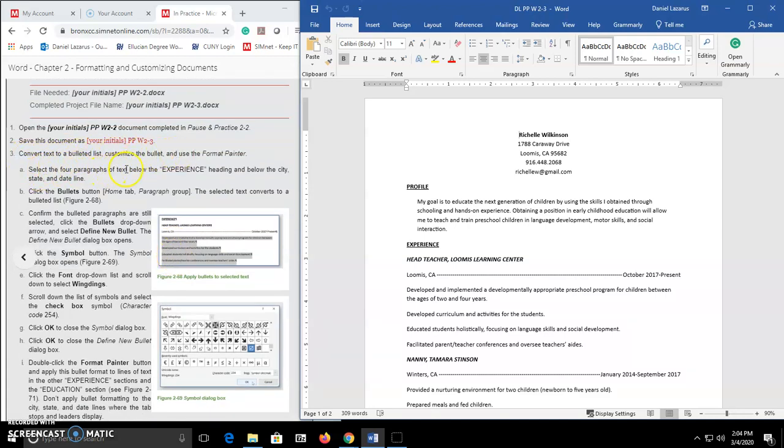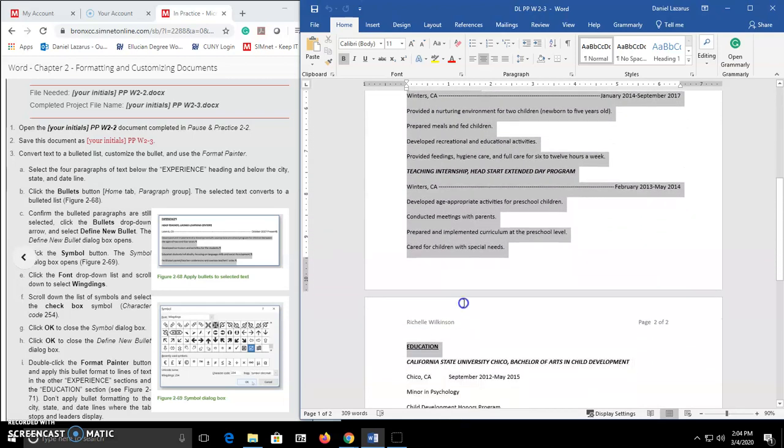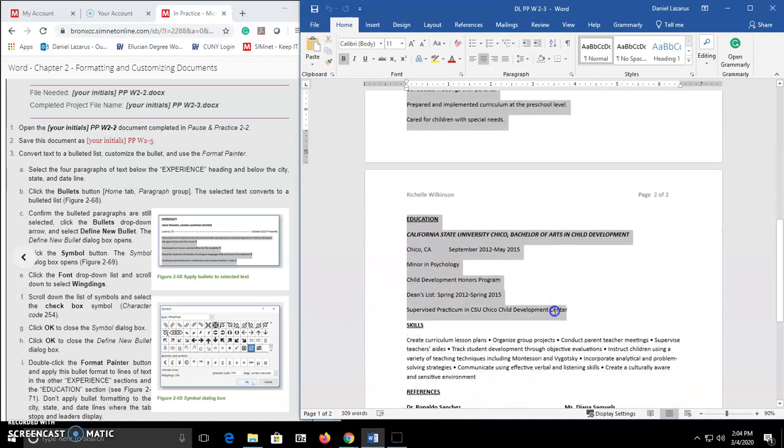Select the 4 paragraphs below the Experience heading, below the city, state line. So I'm going to select the 4 paragraphs, 1, 2, 3, 4. All the 4 paragraphs after this, okay? And then I'm going to click on the Bullets button, which is in the Paragraph group. Home tab, Paragraph, Bullets button, and then